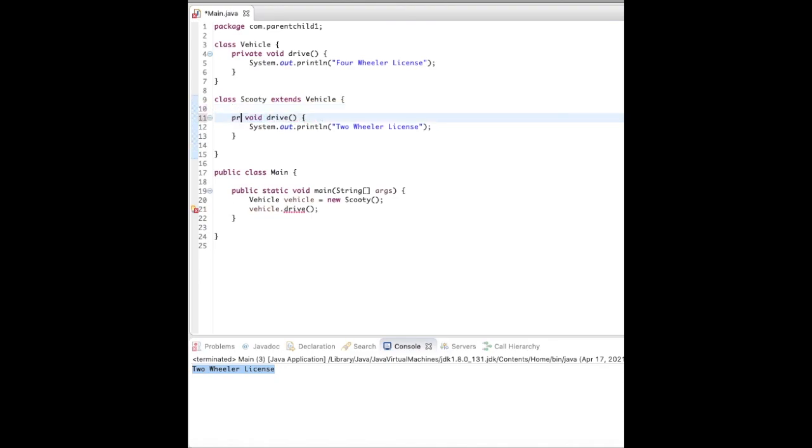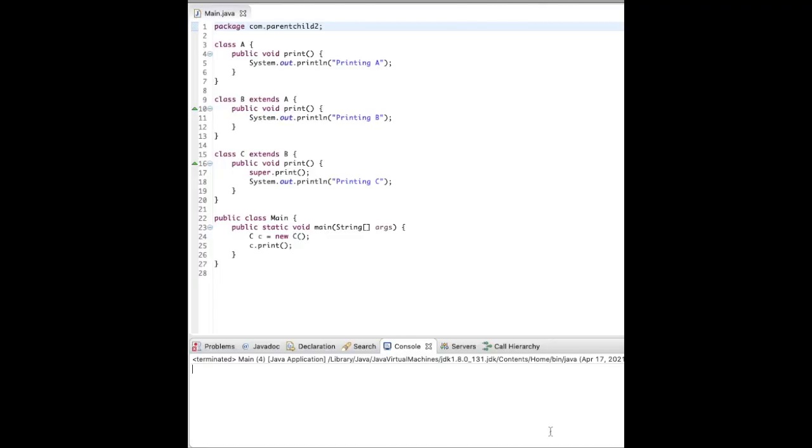Even if I make this private and remove override, it will work, because these two methods will be specific to their class. This drive will belong to Vehicle, this drive will belong to Scooty. So there is no overriding happening here, because the private method relates to that class only. That is the thing we have to understand about access specifiers. So in the case of inheritance and overriding, the access specifier also plays an important role.